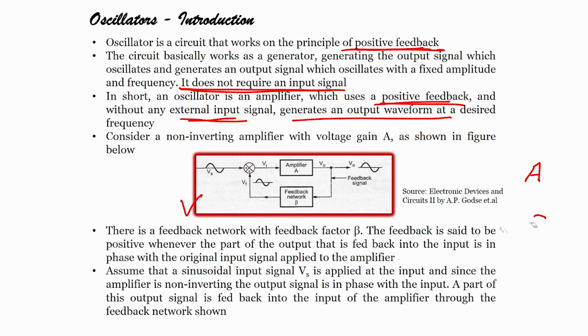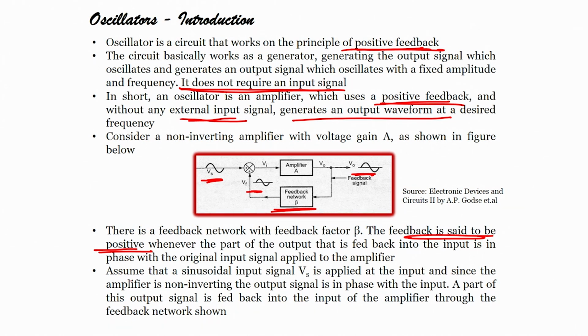So, what have we learned? We have learned that when there is a feedback network beta and we apply an output voltage, a part of the output voltage is fed back to the input in phase, and that is why it is said to be positive feedback. Okay. Next